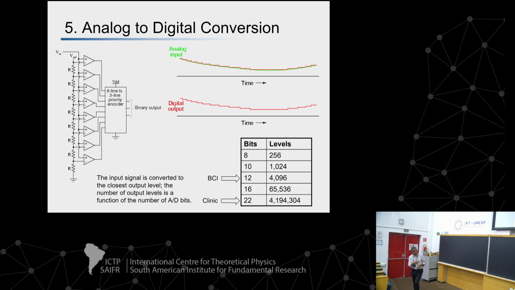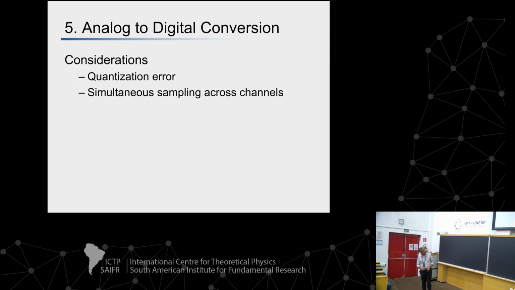Otherwise, they can also, if you wish, limit the number of physical A to Ds they have and multiplex the signals and cycle through the A to D, reusing it. In other words, your signals are not all sampled simultaneously across all your channels. So things to think about is quantization error as you go from analog domain to digital domain, because you are discretizing the values depending on the number of your A to D bits, and whether you're truly simultaneously sampling across